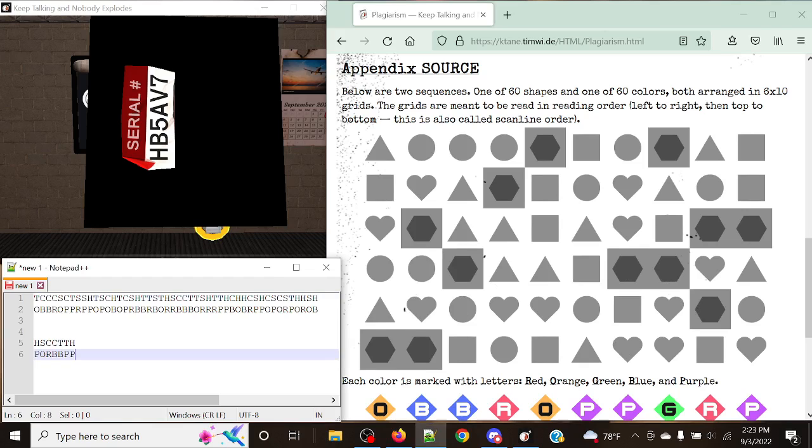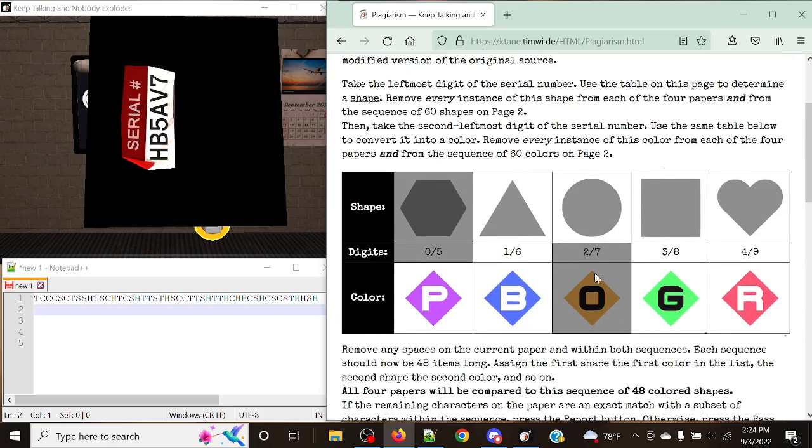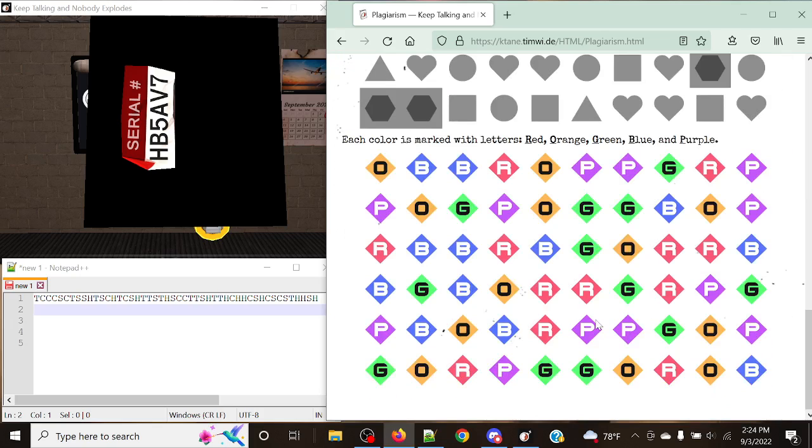Actually, we can probably just recopy this entire sequence that we had beforehand. Now, what we're going to have to do, though, is change up the colors. Let's take a look here. Orange is the one that's missing here. So we're going to unmark the oranges here, and